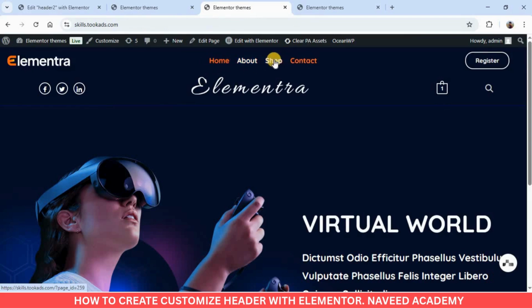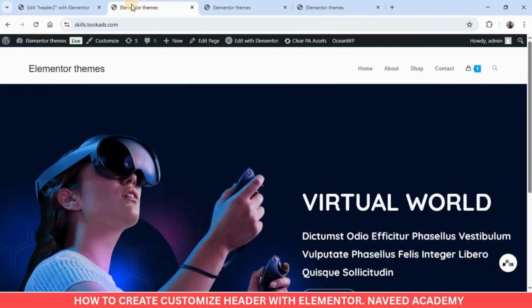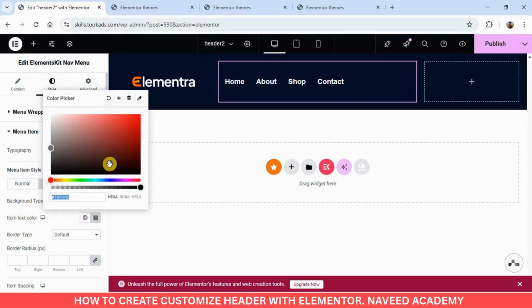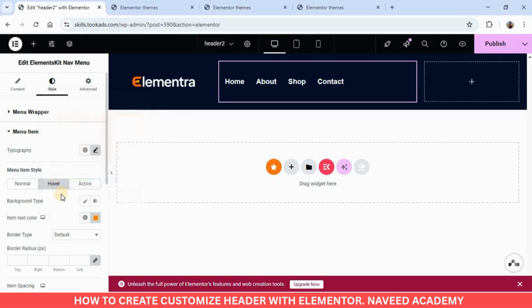To set the active nav item color and hover color, click here on this hover. Go to item text color and then set it to orange. Copy this one and go to item text color, click here and paste your color code over here.